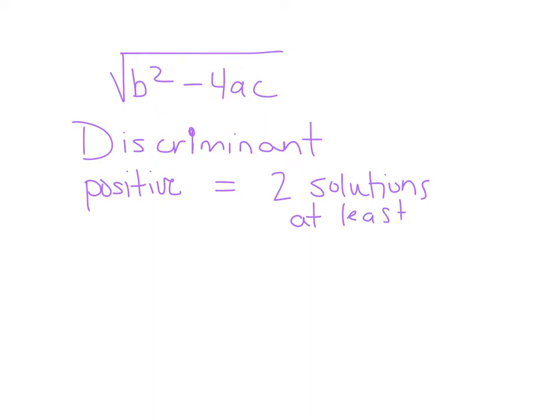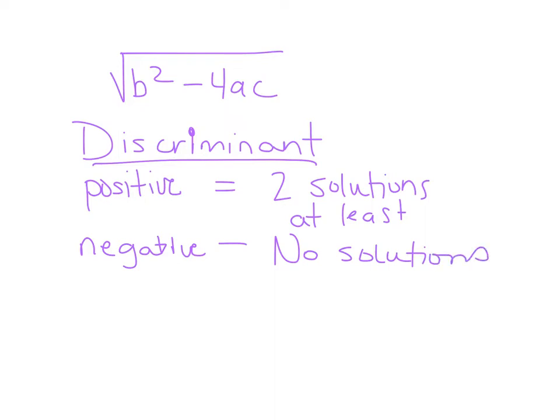Okay, if the discriminant comes out to be a negative, like it did in the last problem, that means we have a square root of a negative number, which we can't find. Now, some of you that have read ahead in math will find out there are ways you can do the square root of a negative number. It gets into complex numbers. We're not going to worry about that. So if you get a negative discriminant, what that means is there's no solutions,